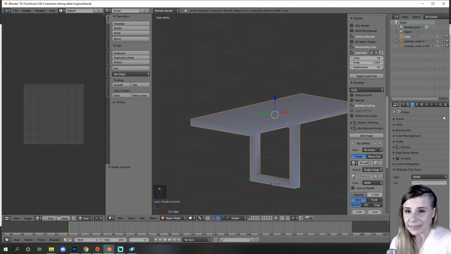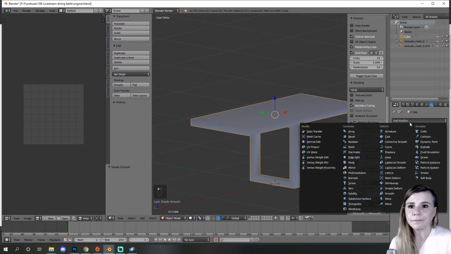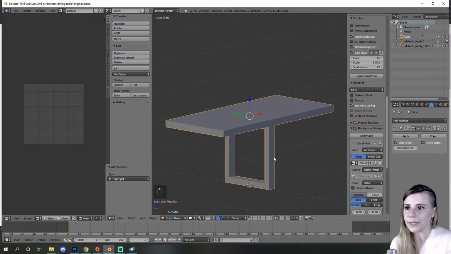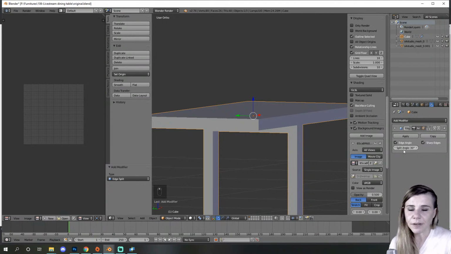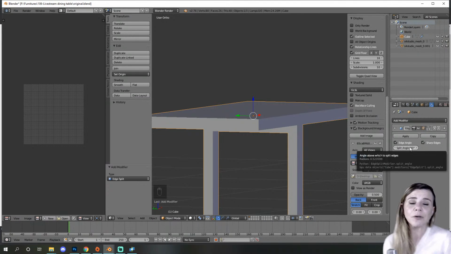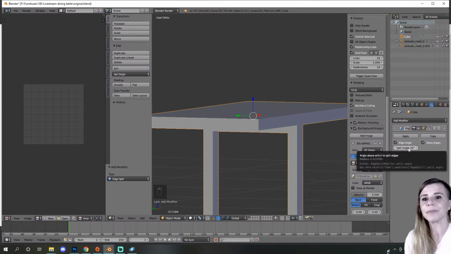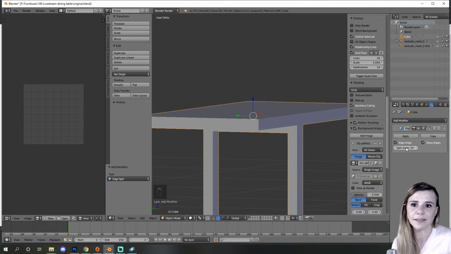So to fix that, you have to apply an edge split modifier to everything you create. What this is doing is actually with an angle, you will put an angle here, and whatever is under this angle